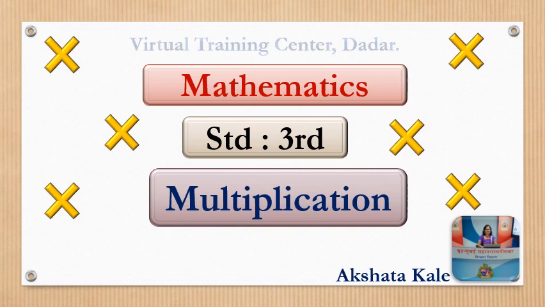Yes, dear students, there are 4 types of operations in mathematics: addition, subtraction, multiplication and division. Correct? Whenever we are in need of the total of 2 to 3 numbers, then we go for addition, isn't it? And whenever we are in need of the difference between 2 or more numbers, we use subtraction. Correct? Okay. Then today we will learn about multiplication.